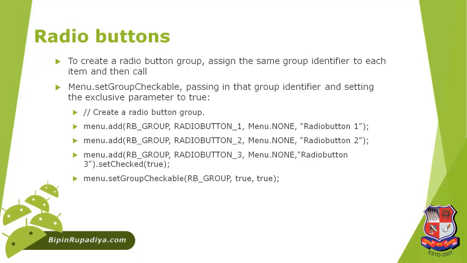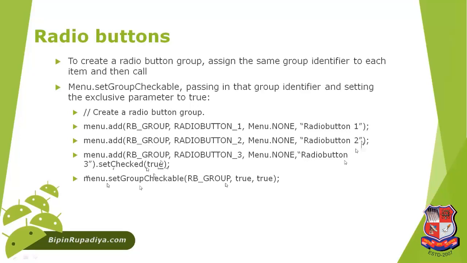Another thing, the ID for radio button 1 2 and 3 that we have passed. Order we have not specified, and just see that radio button 1 2 and third we have defined. Now within these 3 items, the third radio button should be checked, so that we have specified. Now another thing, menu dot set group checkable, that is RB group, and we just specify the option, that is by default it is true or not, whether our user checks that radio group or not, that we are specifying as the 2 parameter of this thing.